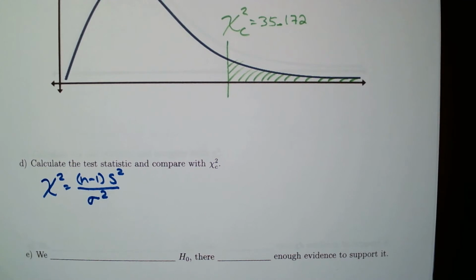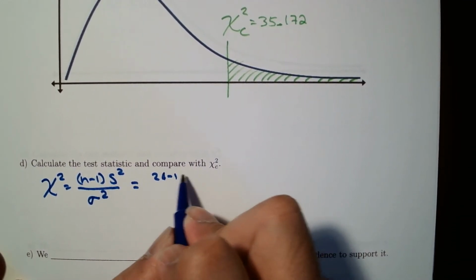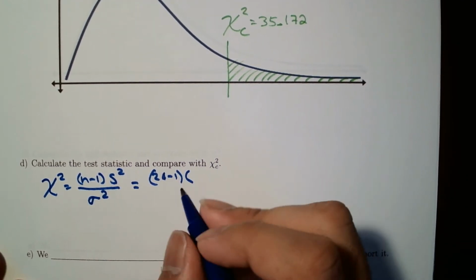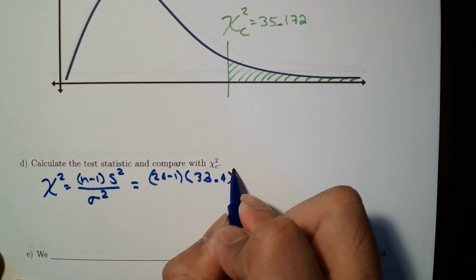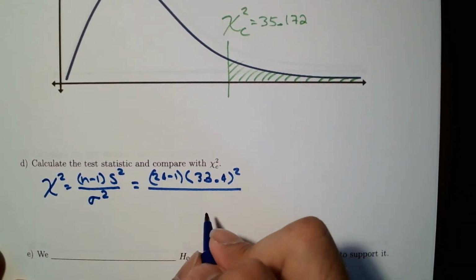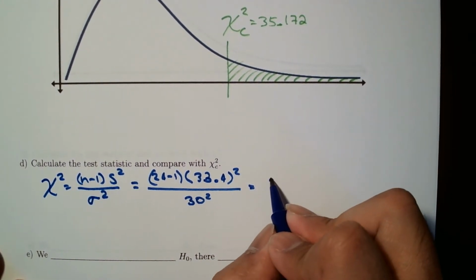In this case, all we have to do is plug in the numbers. So n minus 1, that's 24 minus 1, times 33.4 quantity squared divided by 30 squared. If we use a calculator, you should get the following,